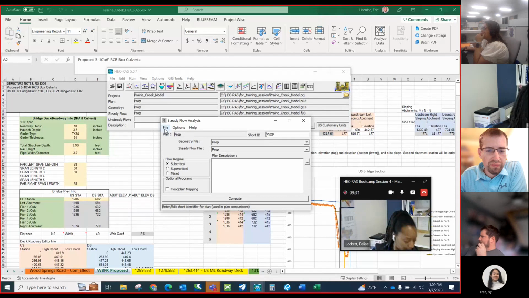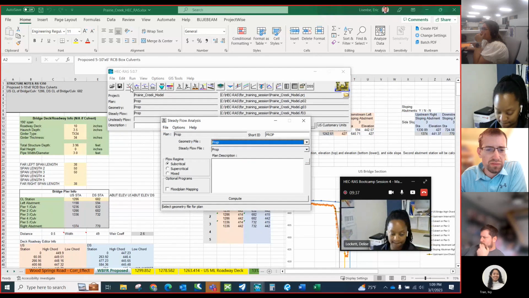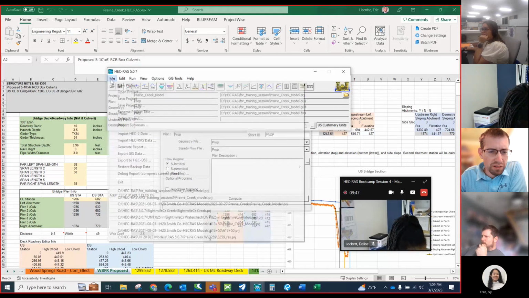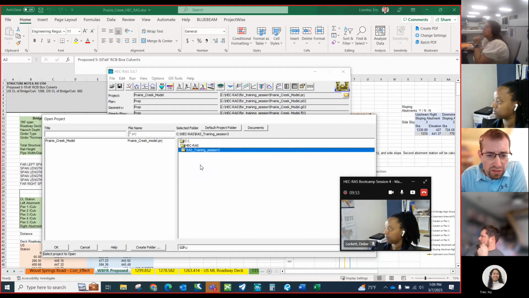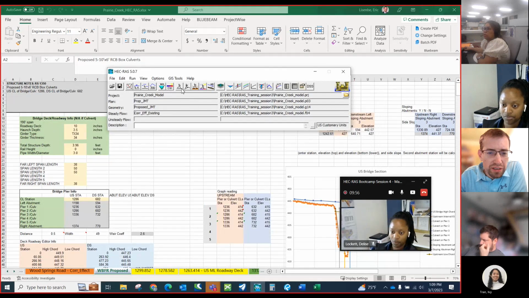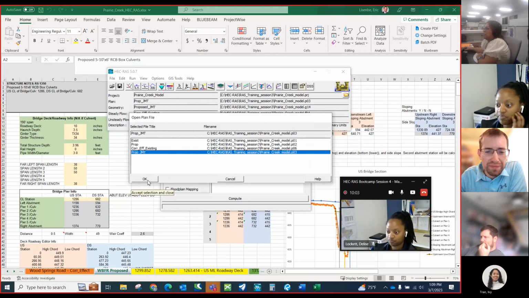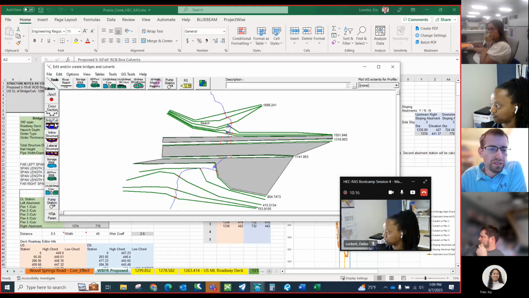Yes, the proposed JMT. I had the wrong model open, and I meant to do something that I didn't do before sending it off. So let's open your bridge culvert